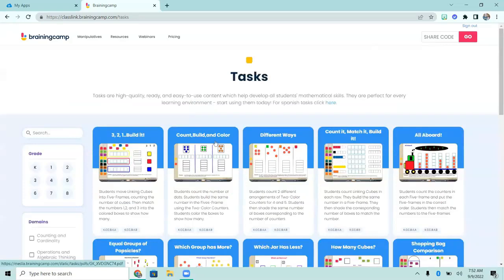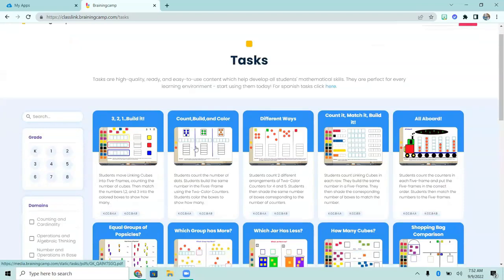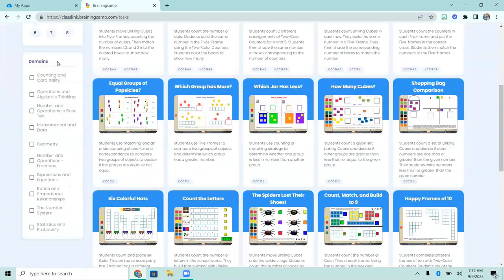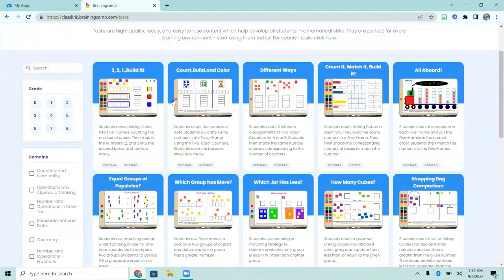So once you click on tasks, you'll see that it brings you to a pre-made library of tasks that Brainingcamp has created or others have created and Brainingcamp has put on. You can filter it by grade, and you can also filter it by domain, or what the strand is that you're looking for. Now, again, when you click on one of these,